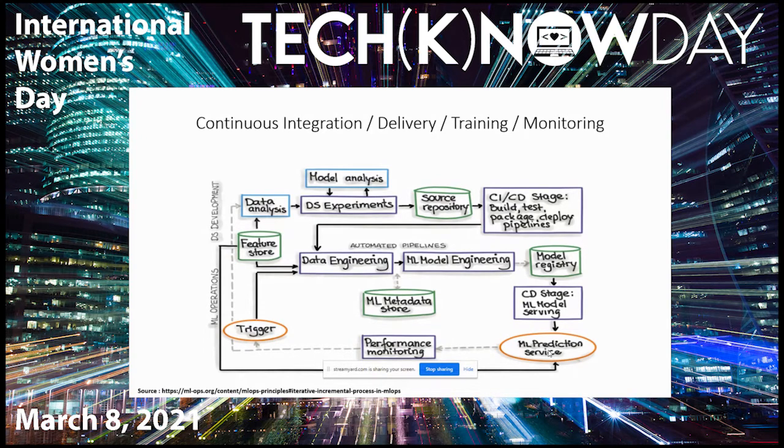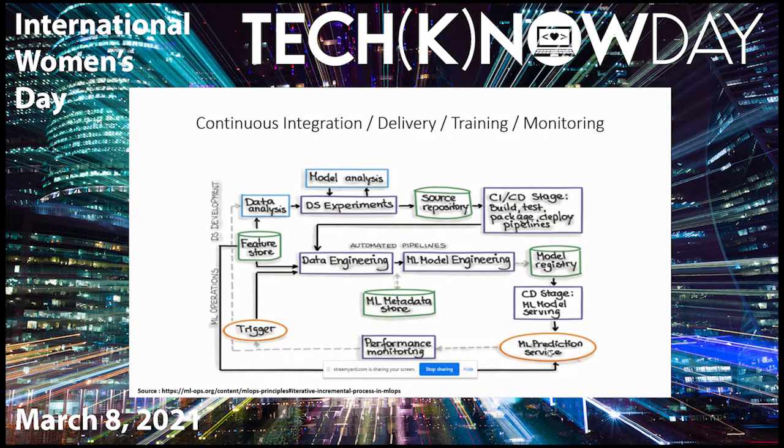the right features. Then you build your model, you store all your metadata about the model and the data in a metadata store. You have a model registry where all the experimented models will be registered, out of which the best model based on the right metric will be chosen for serving. Once the model is served, it is monitored all the time.